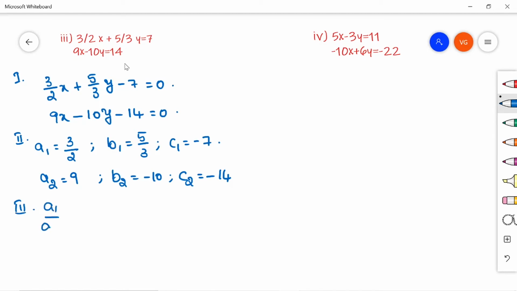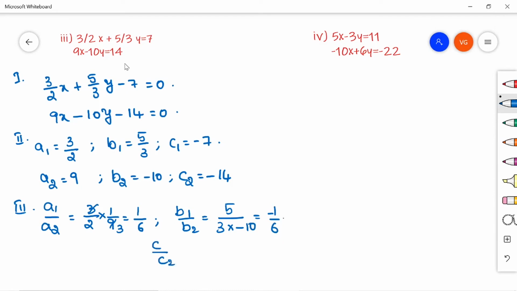a1 by a2 is 3 by 2 by 9, so that gives you 3 by 2 by 9. It multiplies 1 by 9, which is nothing but 1 by 6. Similarly, b1 by b2 we can write as 5 by 3 into minus 10, so again minus 1 by 6, and c1 by c2 you will get as 1 by 2, minus 7 by minus 14. So if we compare, a1 by a2 is not equal to b1 by b2. So it has a unique solution,